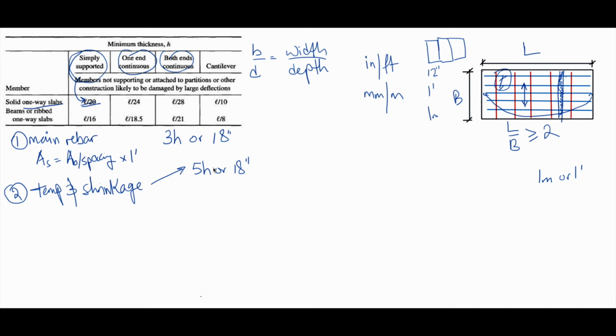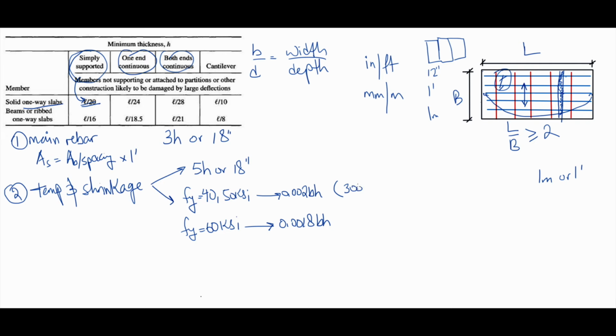And the minimum reinforcement that we have to use depends on the Fy, which is the grade of steel. If Fy was 40 or 50 KSI, that means the minimum reinforcement we're gonna use is 0.002 BH. If Fy is 60 KSI, kilo pound square inch, that means we're gonna use 0.0018 BH,